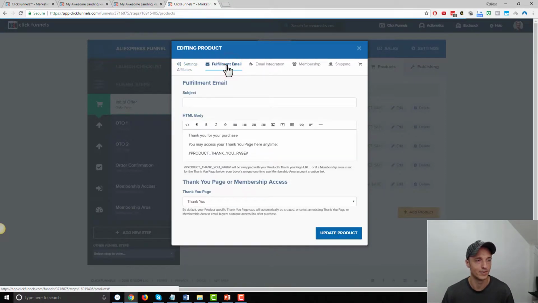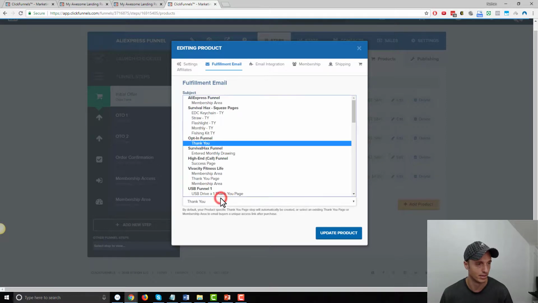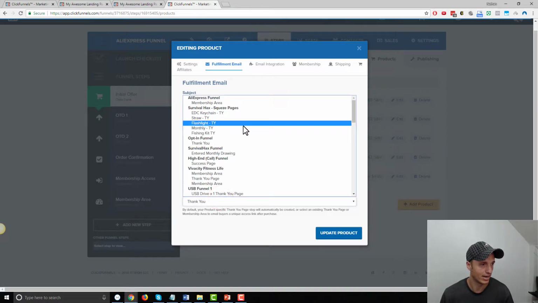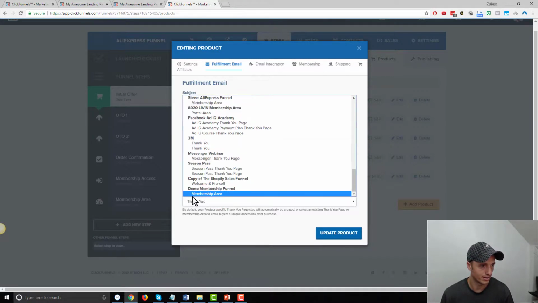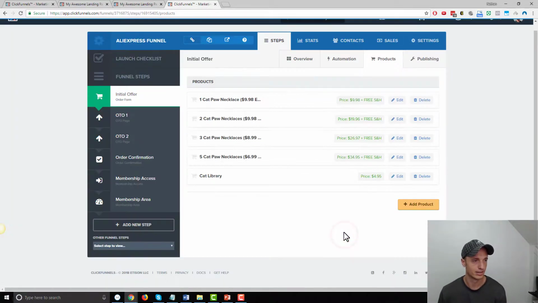Now why it's under fulfillment email, don't really know, but anyway, this is where it goes. And we want to go ahead and connect our thank you page or membership access page to our membership portal that we have set up. So let me go ahead and find it real quick. And so here we are, demo membership funnel, membership area,